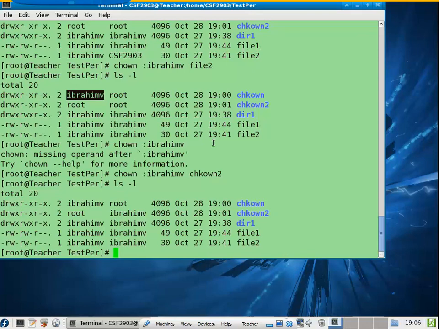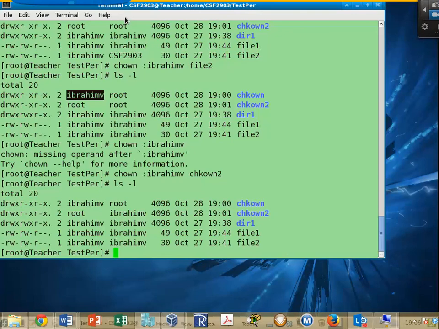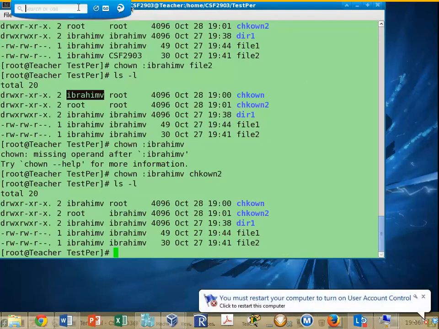For both, the username and then the colon. If you use chown, empty, then colon and the username, it will change only the group. Can you check these three commands, please? Create new files and verify it for each step. Create a file. So we cannot do this in the